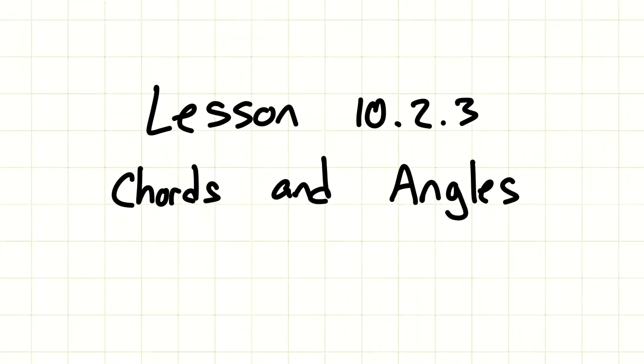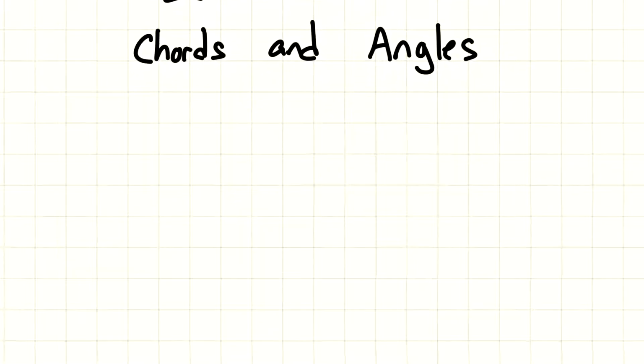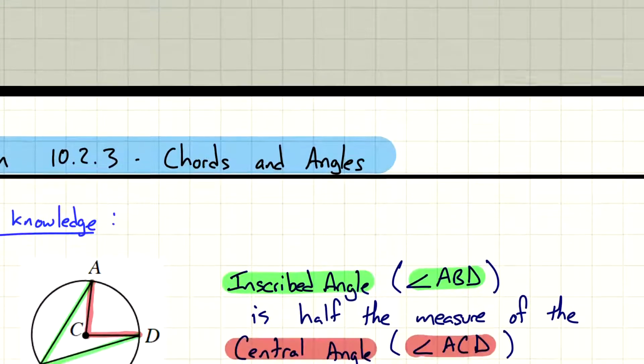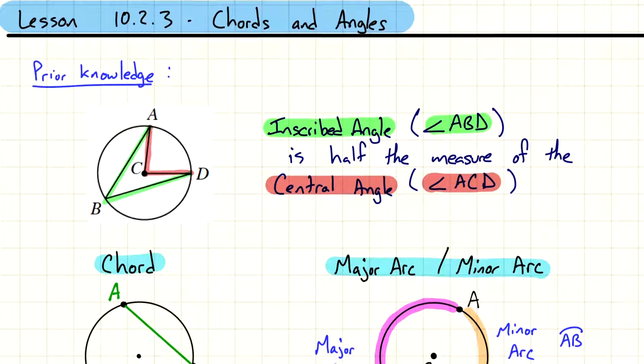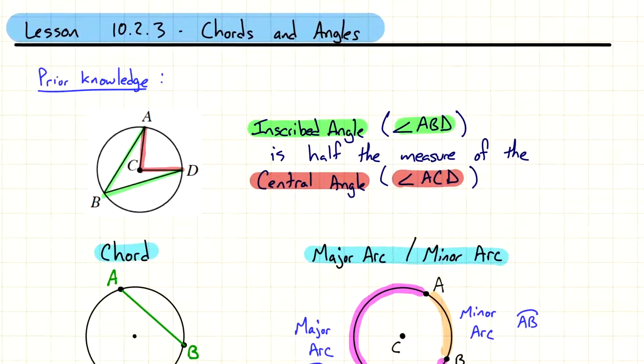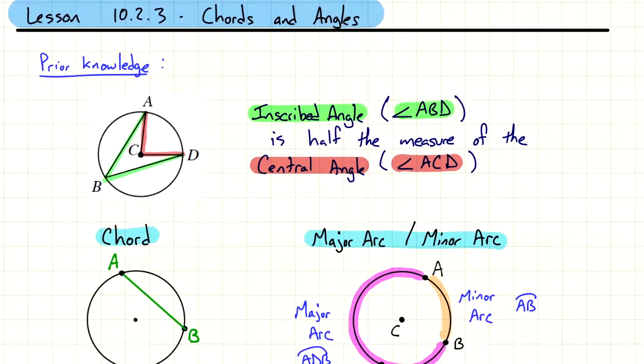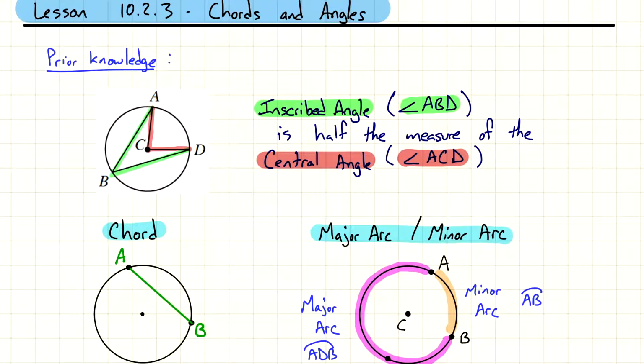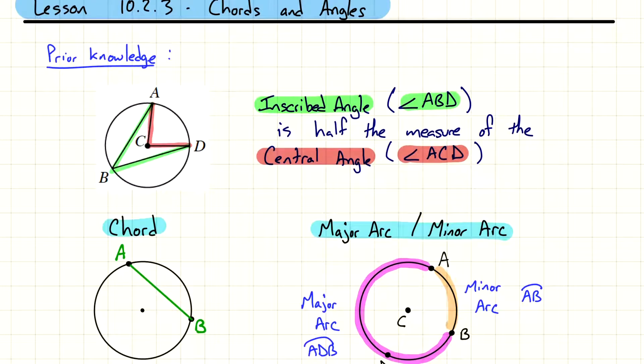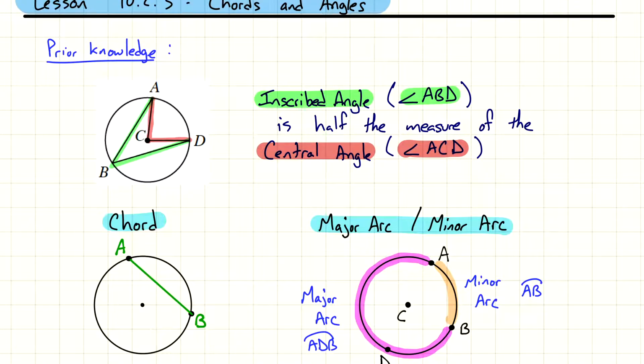Hey everyone, this is lesson 10.2.3 on chords and angles. This is a continuation of the different relationships we're looking at within circles. The last pair of notes that we went over, we introduced a couple of new terms